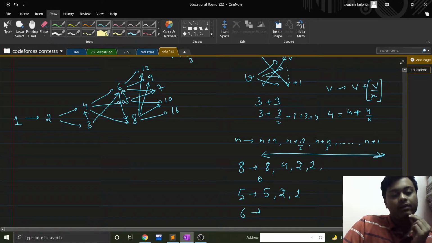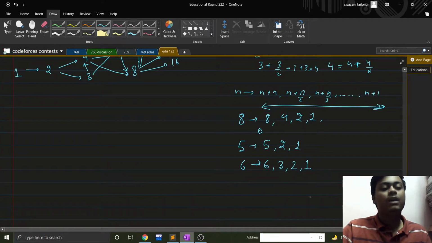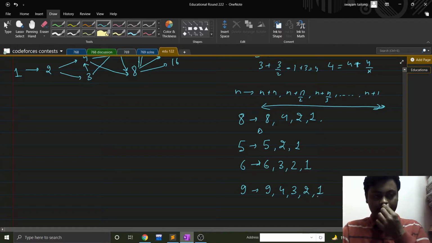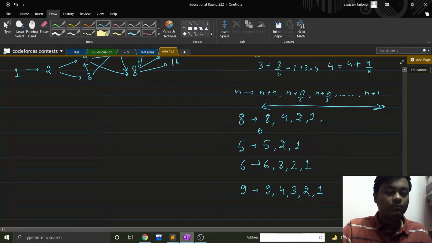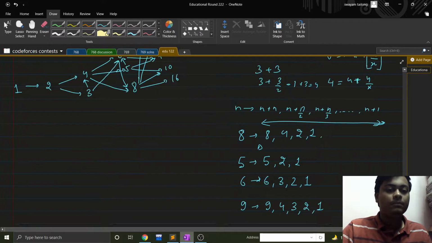5 by 2, 5 by 3 is 1, 5 by 4 is 1. For 6 it can be 6, it can be 3, it can be 2, it can be 1. Yeah, so not always just half, right? If I have 9, 9 by 2 is 4, 9 by 3 is 3, 9 by 4 is 2, 9 by 5 is 1. For each number. Yes, and the numbers can go up till